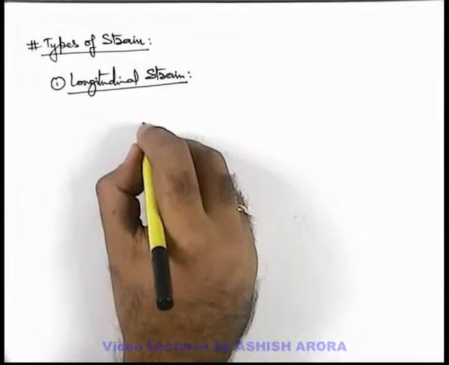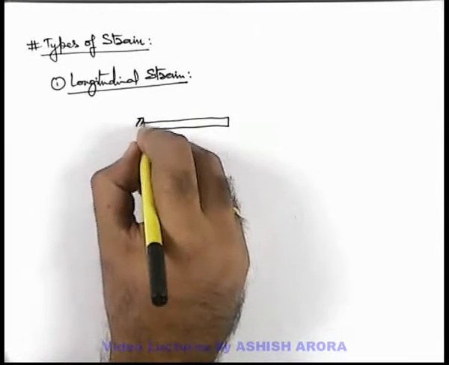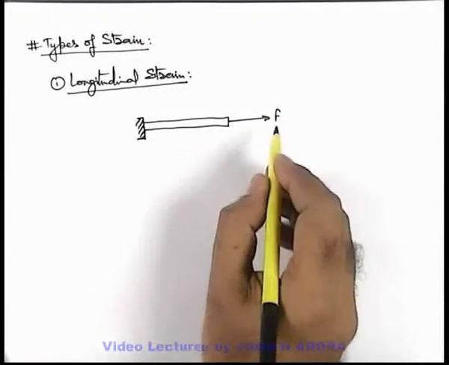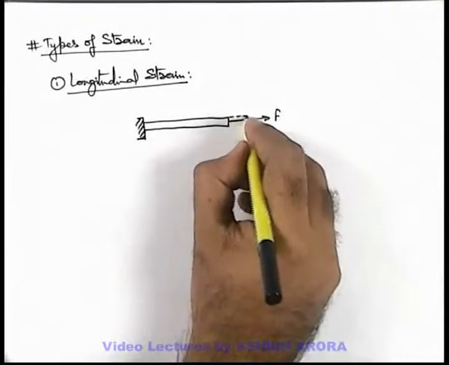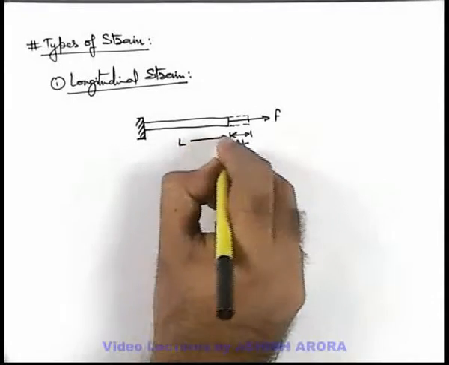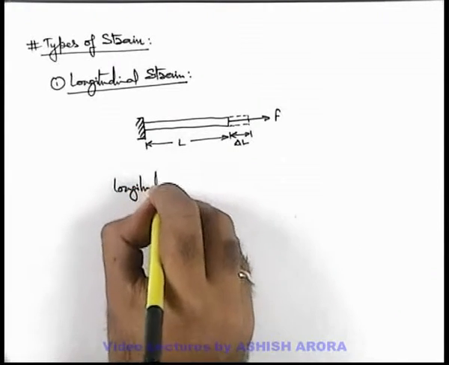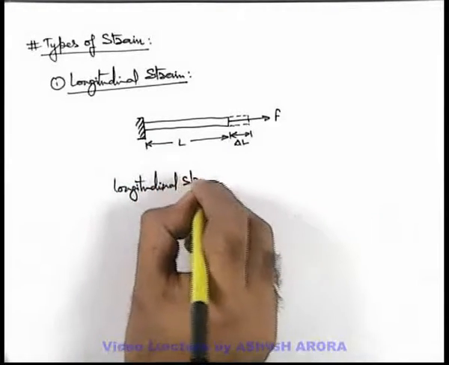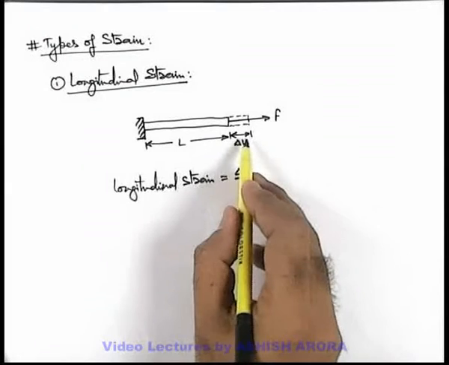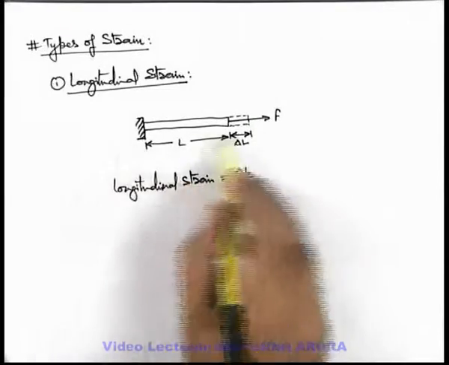Like for example, there is a rod which is clamped at one end, and in this situation say if an external force is applied onto it, in outward direction, due to which the length of rod is elongated by a distance delta L, and say L was the original length of the rod, then in this situation the longitudinal strain can directly be written as delta L by L, as delta L is the dimension deformation and L was the original dimension, along the length of the rod.